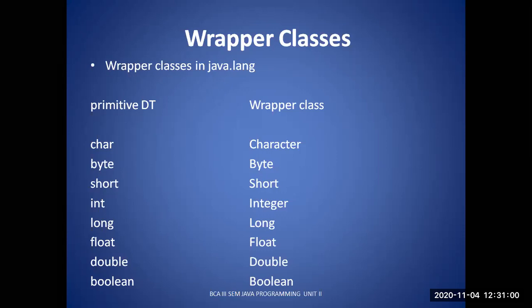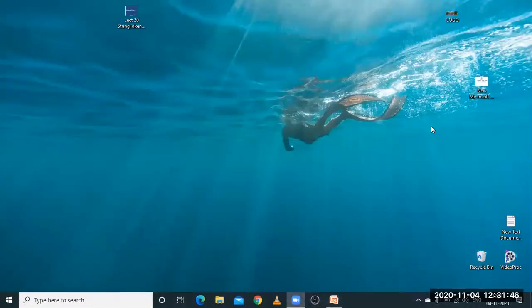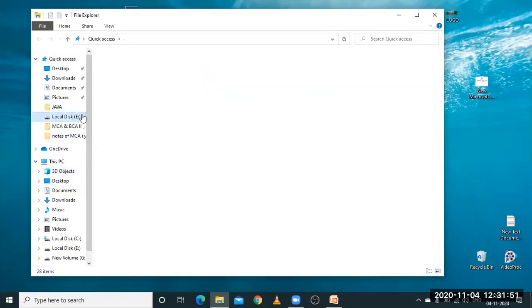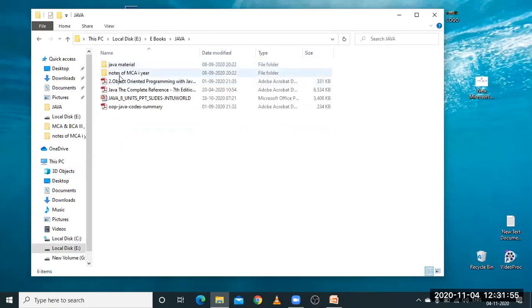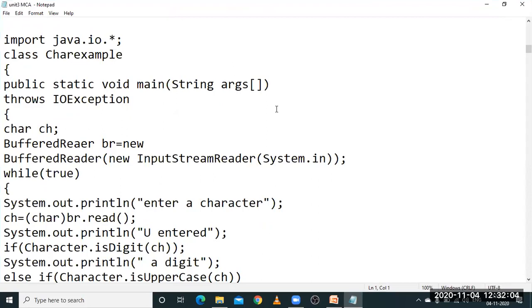Let me show you one example regarding this. Is everyone able to see this program?